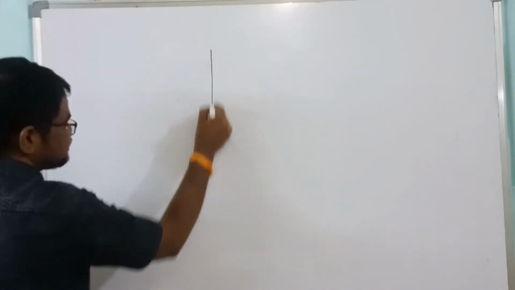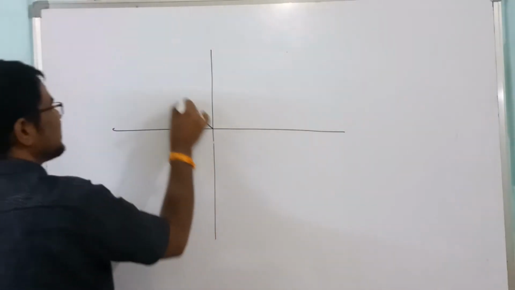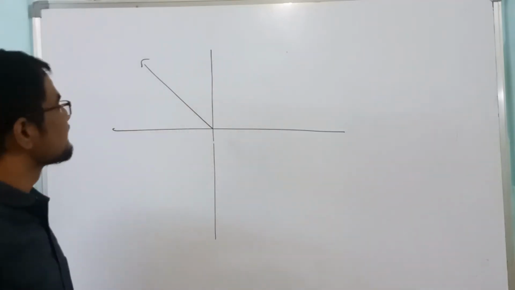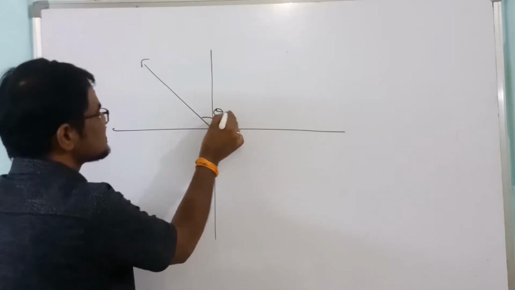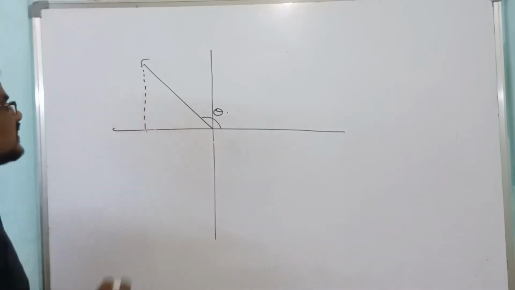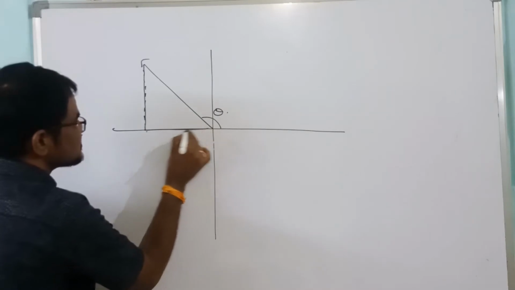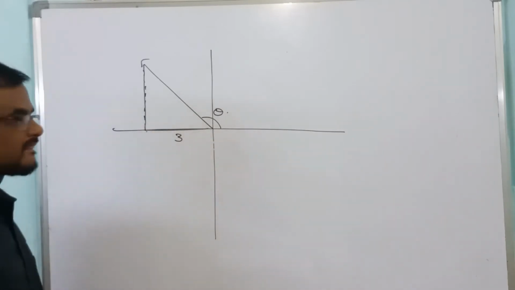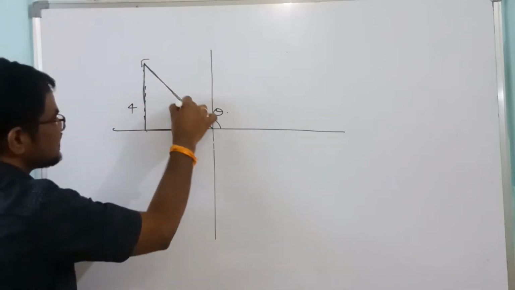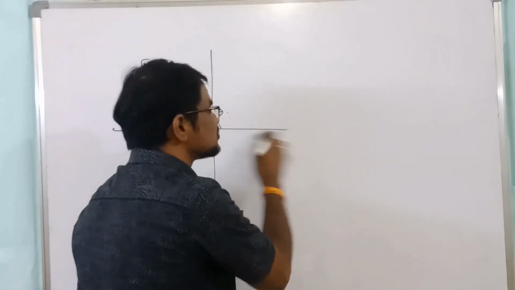See, suppose theta lies in first quadrant or second quadrant, any quadrant you take. This is second quadrant. Theta lies in second quadrant. If you join this one, here one triangle we get. So here to here distance, if I take 3, here to here distance, if I take 4, and here definitely it is 5 you will get. So how to take the trigonometric ratios now?